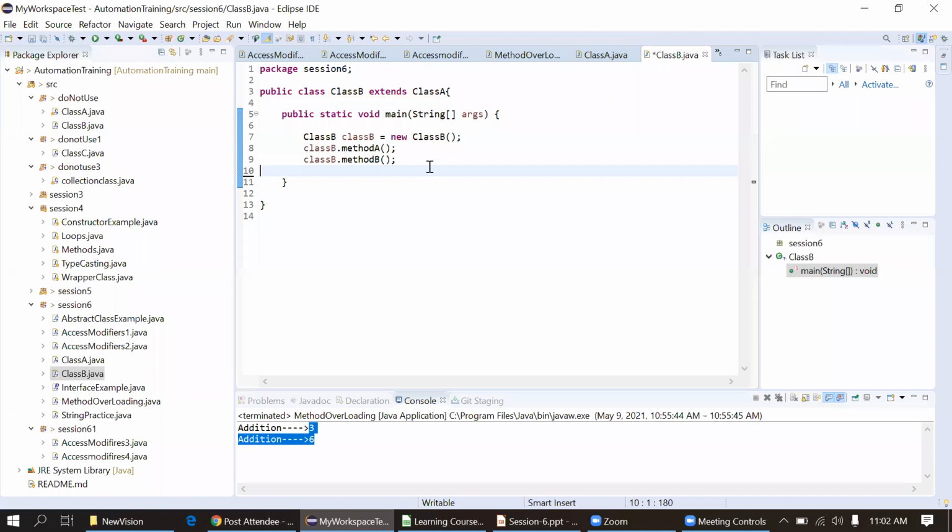Suppose you want to do some common actions, for example, invoke the Chrome browser before every test case, and tear down that browser after the test case execution. The same code can be put into one common class, and that class can be extended by another class where we have written the test cases. It will simply execute that common code from the base class to open and tear down the Chrome browser at the end of the script. This is an important part, inheritance, and it is a part of polymorphism.